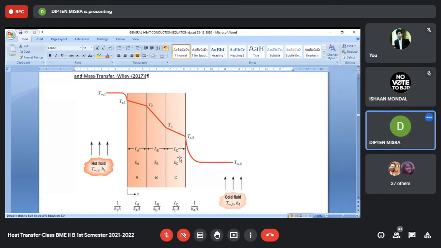Otherwise, if you use a normal brick, that brick can undergo some kind of glass formation process, and it may deform, distort, or break out. So what is done in a normal furnace where the inside temperature is quite high? Suppose this is the inside temperature, quite high, of a furnace, and outside you have cold atmospheric air.